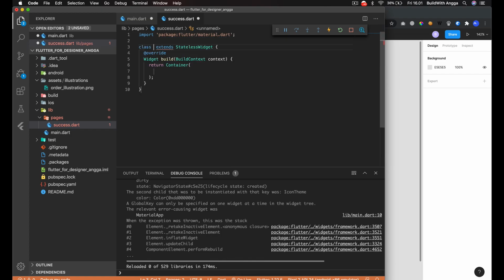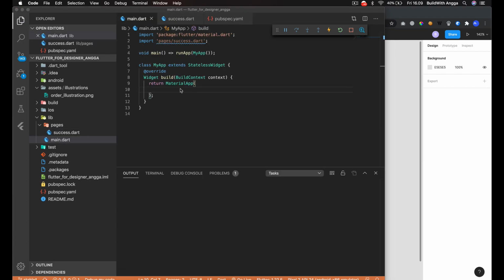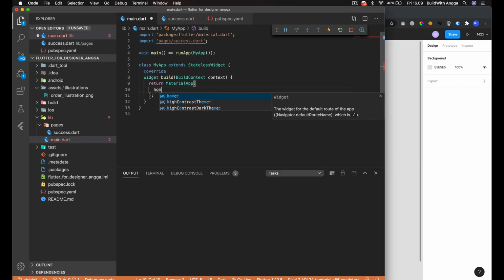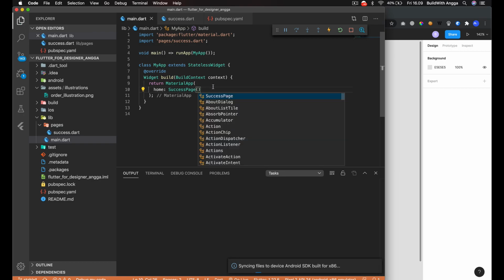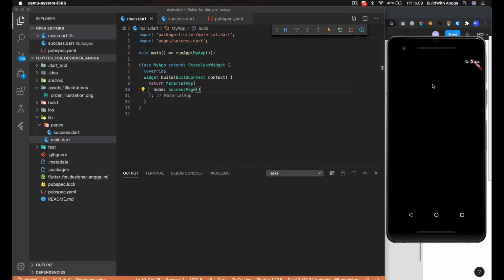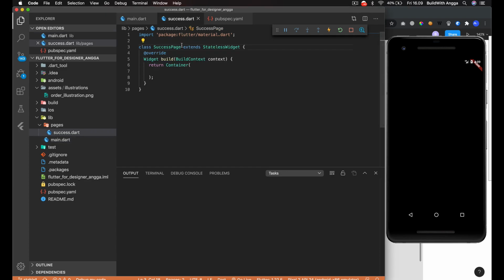And we need a success page. Like this. After that we need to set the home, which is the success page. Just like this, and then we can take a look here. It's still black because we haven't set up the design yet in the success page.